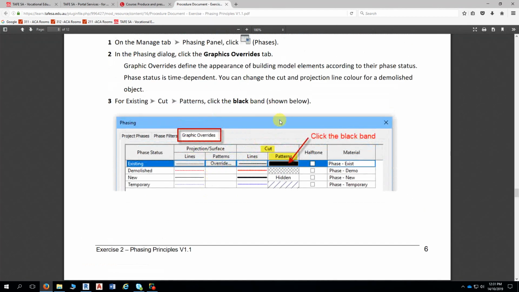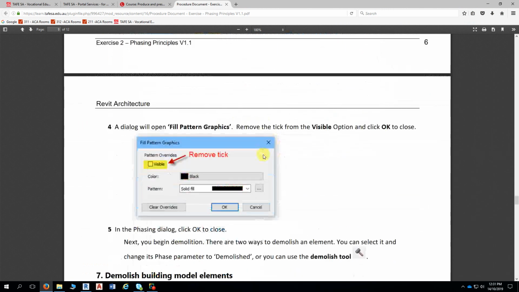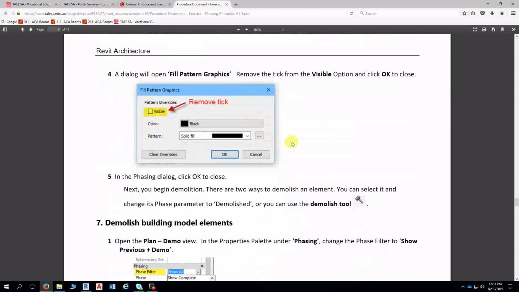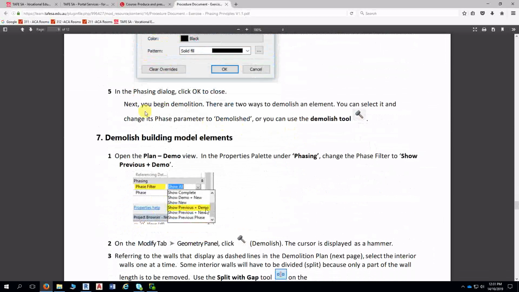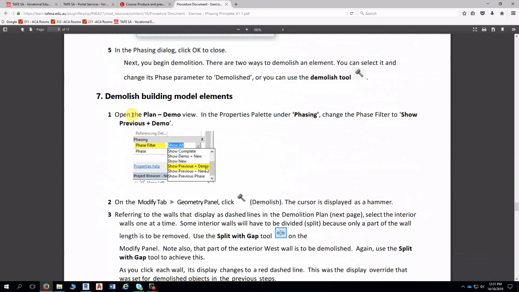So what we've just done is covered here in steps 3 and 4. We're now going to have a look at, in part 7, demolish building model elements. And believe it or not, Revit has a tool for demolition called the demolish tool, and its icon is a sledgehammer. Okay, so we'll get to that in a minute, but